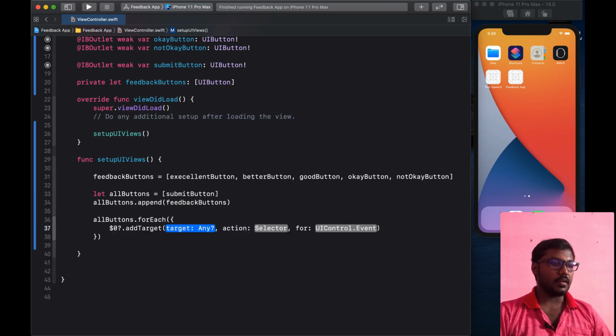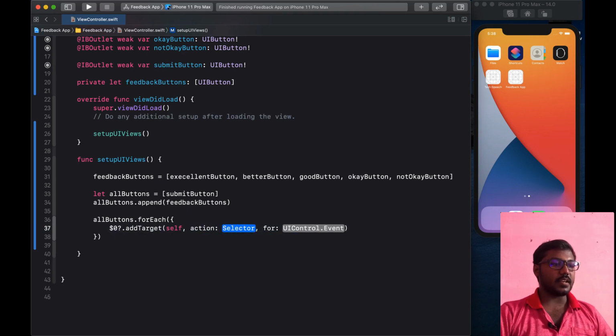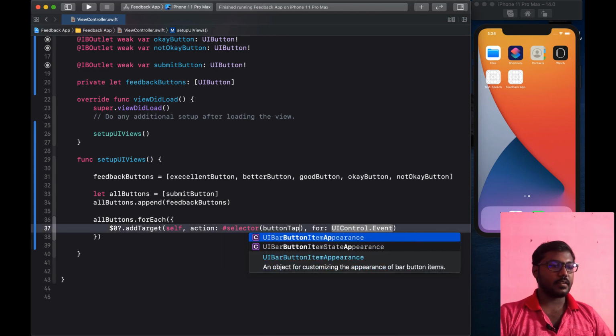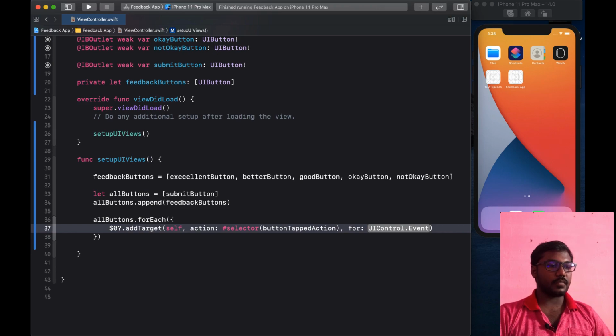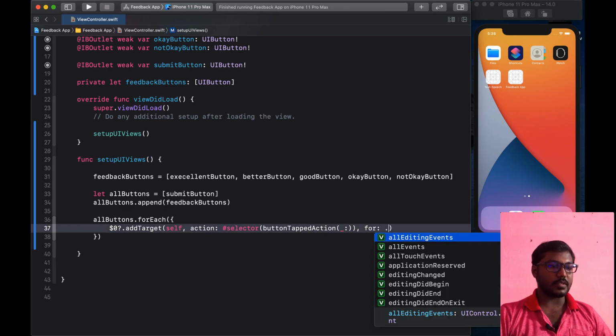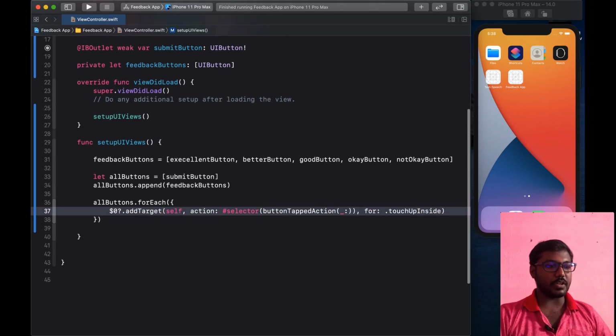Now I am creating a forEach and setting $0 addTarget to self with the button tapped action, as we already know.